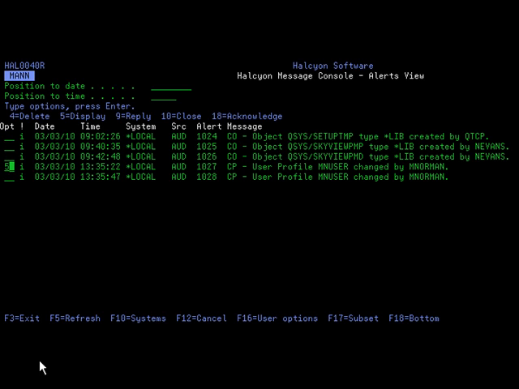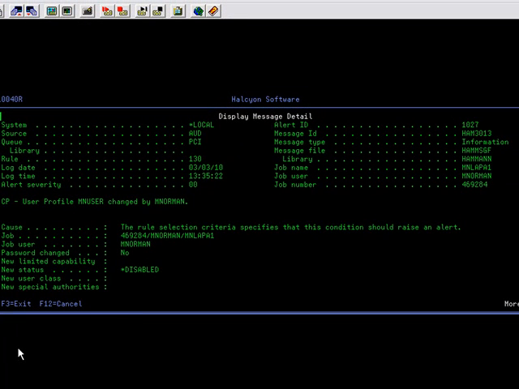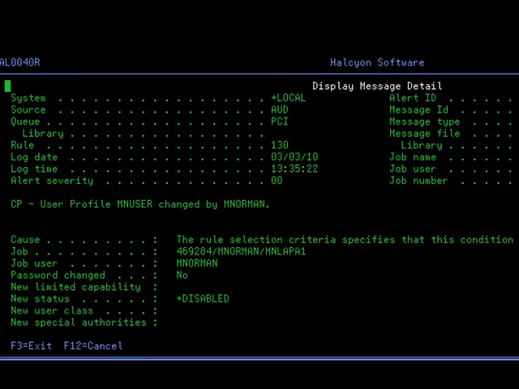Looking at the detail, I can see that there's a whole set of information telling me where the message came from, what generated the alert, what rule was used. Two of the most important fields on this screen are the rule. The rule shows that rule number 130 was the one that processed the audit journal record into this alert. The second one is at the bottom of the screen. It shows that the new status for this profile change is disabled. So we actually have the detail of the change that was made to the profile. Returning back to the Halcyon menu,